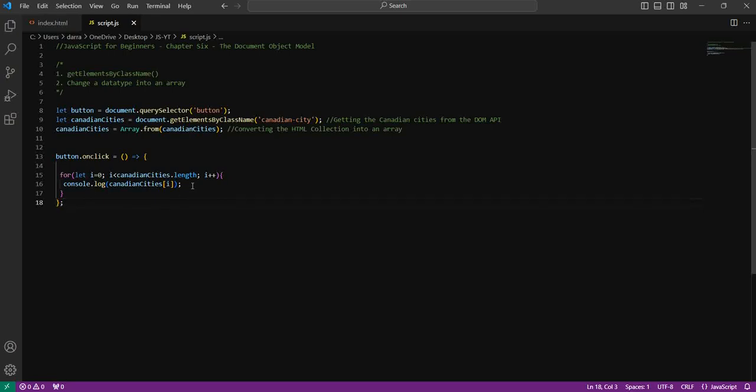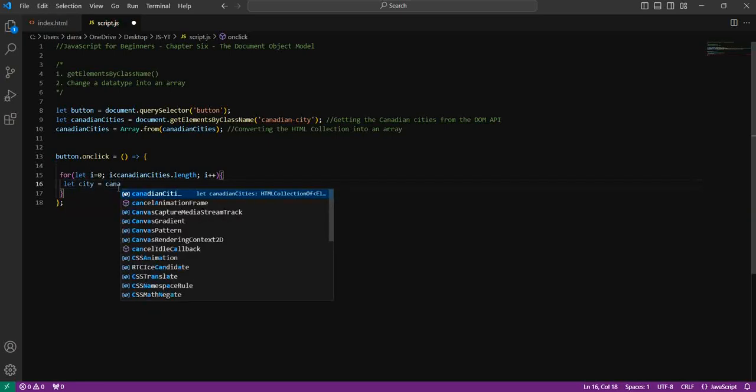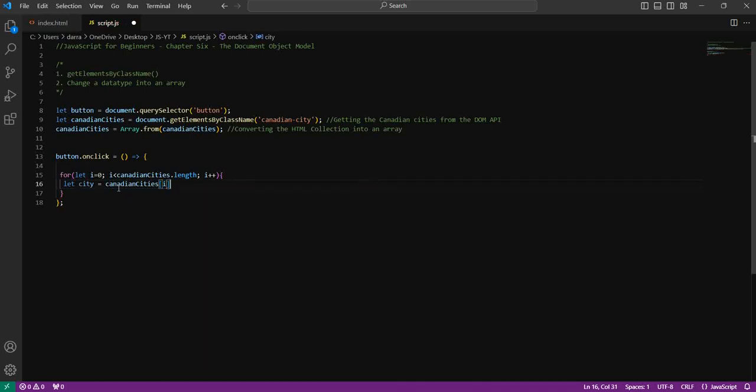So now, instead of just logging out the Canadian city at index i, I want to maybe change the color. But first of all, if we're going to be doing a few things, I don't want to keep saying canadianCities.style.color, canadianCities.style.fontSize, etc. Let's just create a city variable. We'll say let city be equal to canadianCities at index i. And now, instead of saying canadianCities.style.color is equal to red, all we need to do is just say